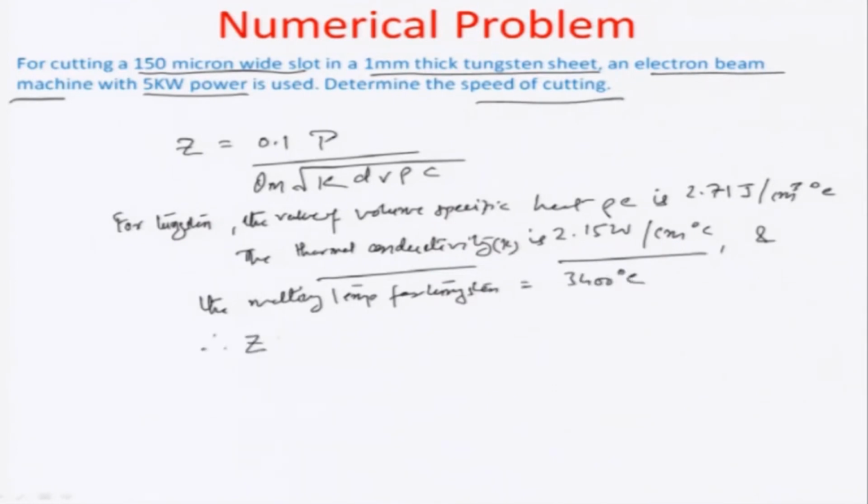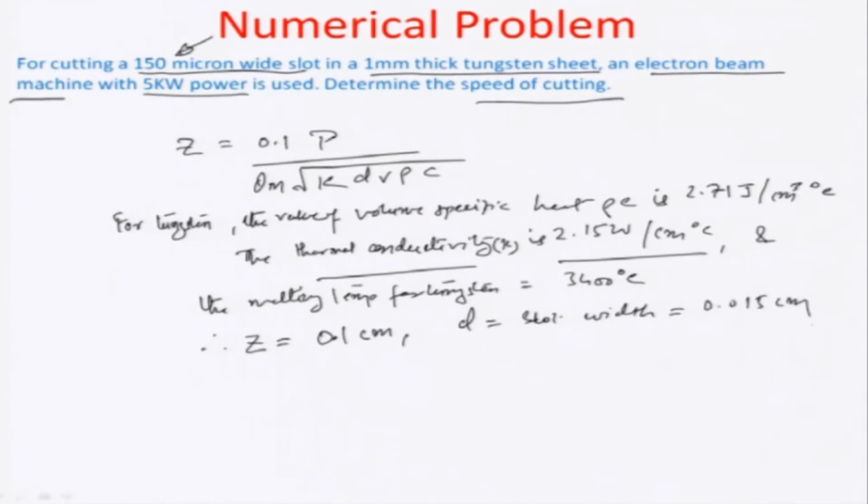Therefore, the Z value can be expressed as 0.1 centimeter, 1 millimeter. Okay. Diameter d of the beam can be equated to the slot width that you want to machine here. In this particular case, the slot width is 150 micron, and this is in the best interest of the quickest machining step. So, it is